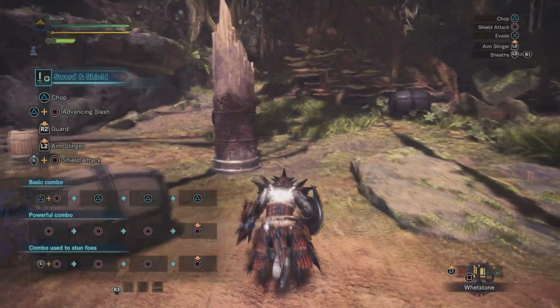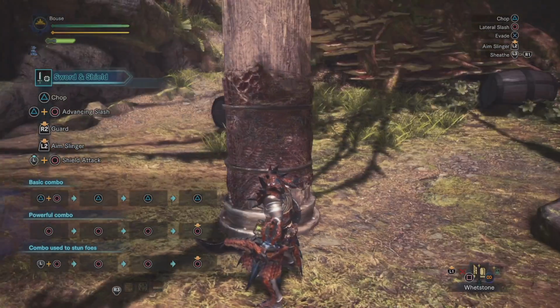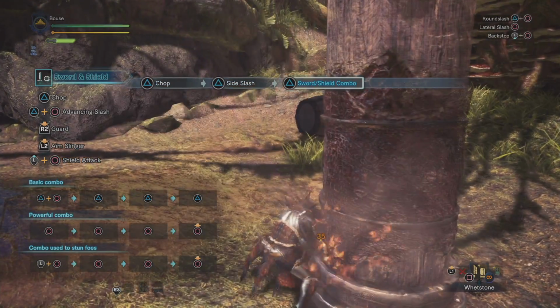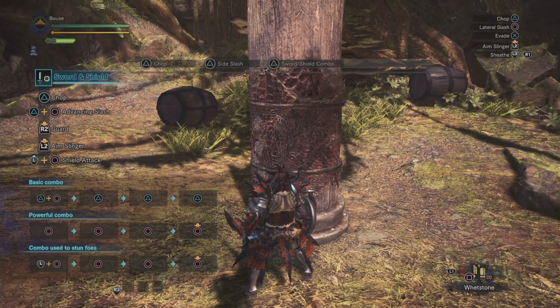So, now that we got that out of the way though, let's talk about some of the basic combos and more advanced combos and some of the things that this weapon is capable of. So, standing still, you've got a nice triangle, triangle, triangle combo, and that looks like this. Now notice that last hit there with the Sword and Shield combo uses the shield, hence the name,